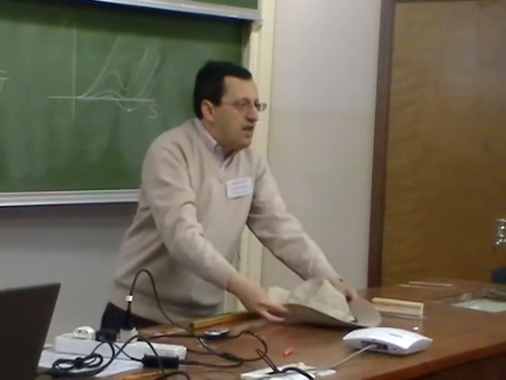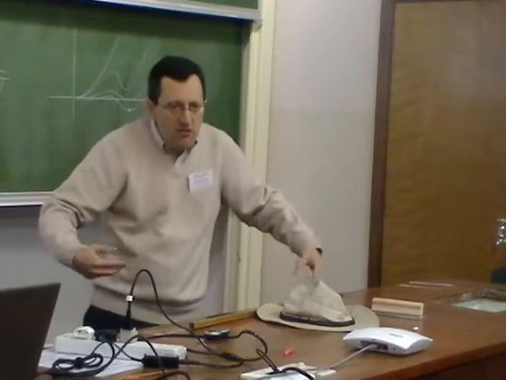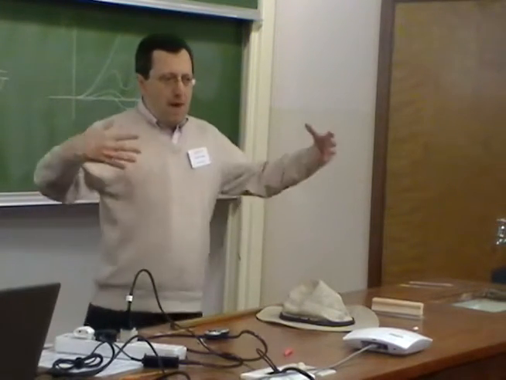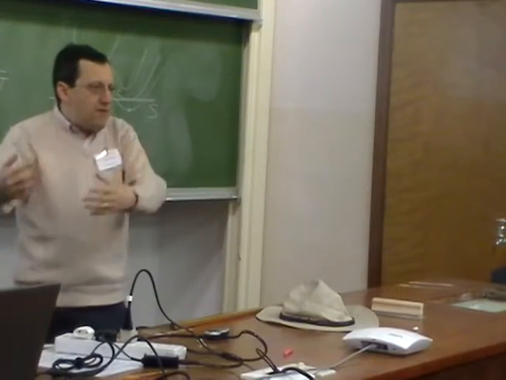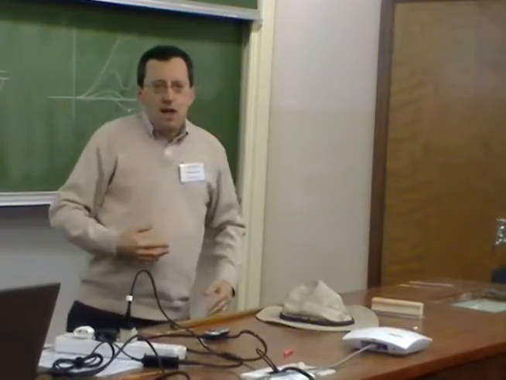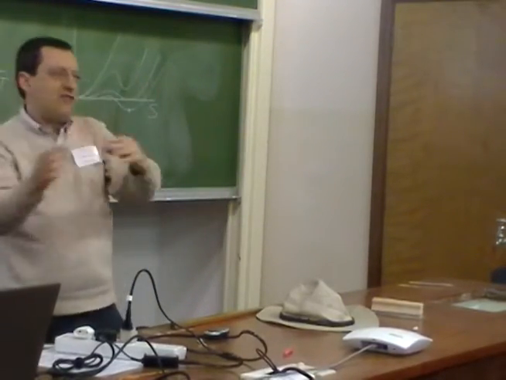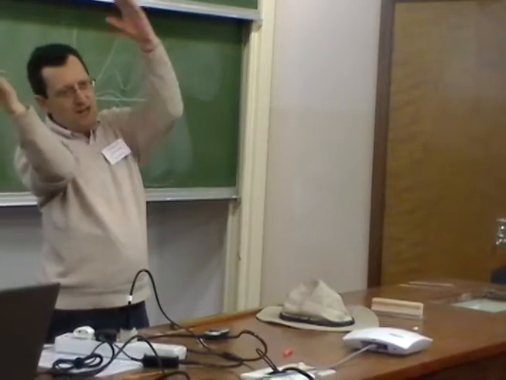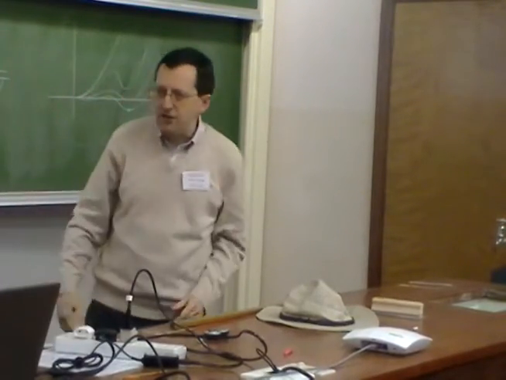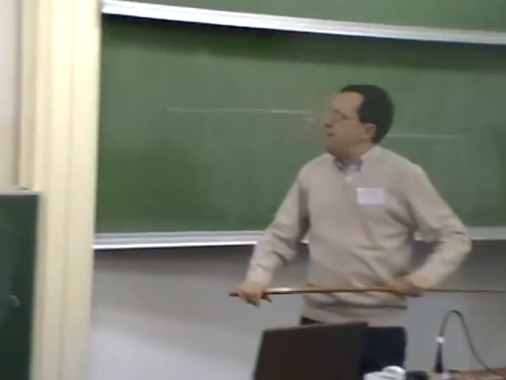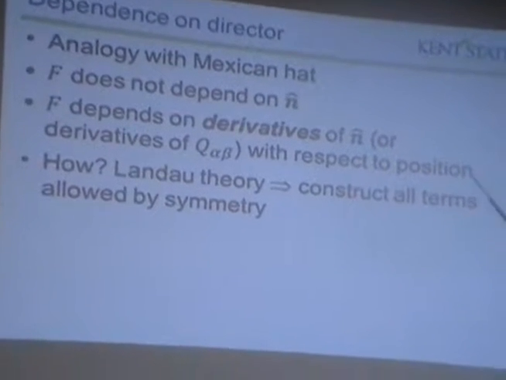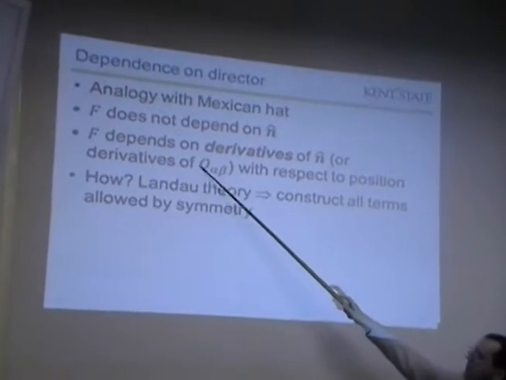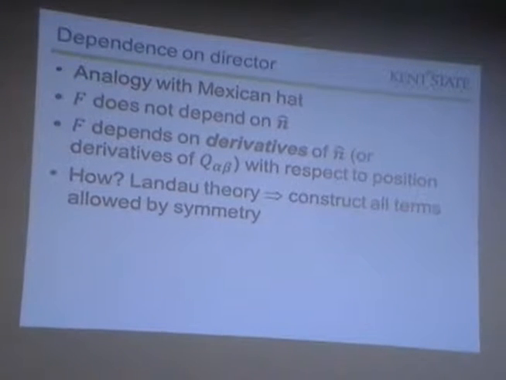So the free energy there doesn't care about the direction of the order parameter, but it does care if the direction is changing from position to position, right? Everybody pointing this way is the same as everybody pointing that way, but if some are pointing this way and some are pointing that way, that costs free energy. So there could certainly be a dependence of the free energy on gradients of the director, or gradients of this full tensor order parameter, just as the question asked.